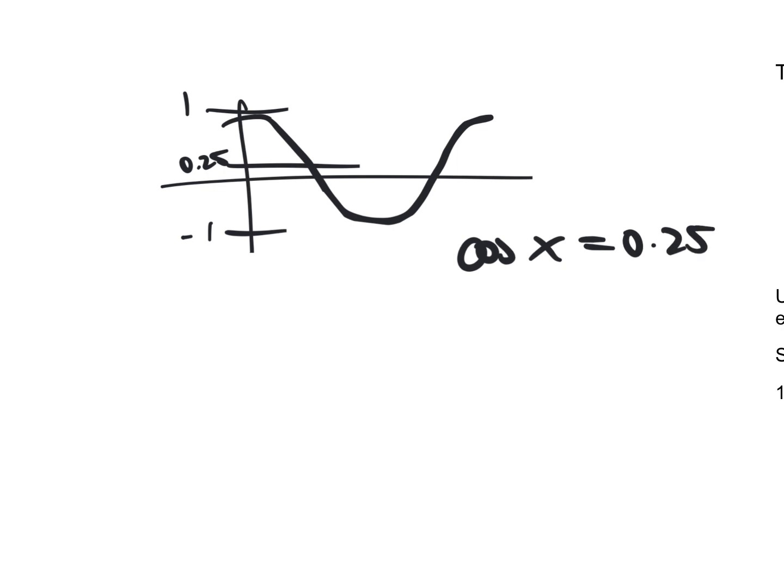Well, according to our graph, can cosine equal 0.25 at some point? Sure. Do we have 0.25 in our chart? No. That doesn't mean we can't find answers. It just means we need our calculator to find the answers, okay? So instead of getting a nice pi over something radian, we're going to get a decimal radian as our answer,